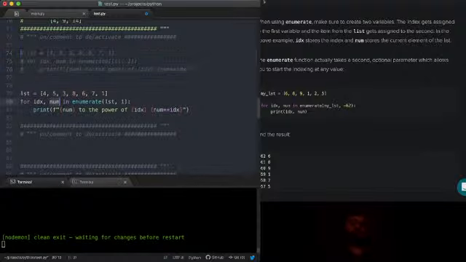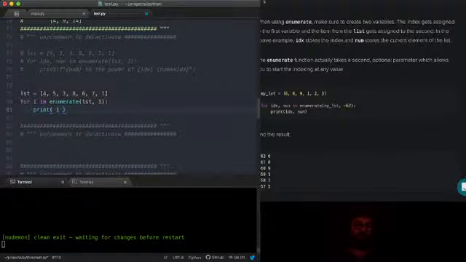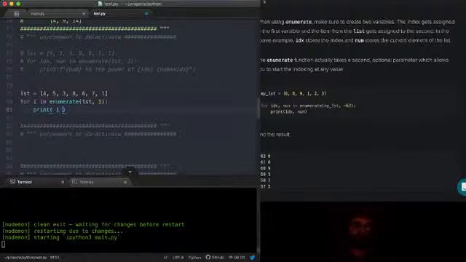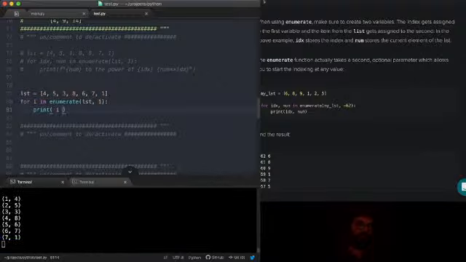So if we say for, let's just call this i, and let's just print i. Think about what you might expect as this loads. Right, so we can see that this is actually going to give us a tuple back: 1, 4, 2, 5, 3, 3, 4, 8, 5, 6, 6, 7, 7, 1.